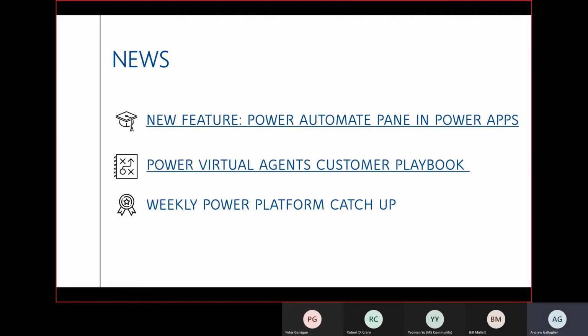Now, it's also important to note that this feature is being rolled out depending on your region, so it may not be available on your tenant. It's also important to note that this is a preview, and previews aren't meant for production use and may have restricted functionality. I'm just going to quickly bring up